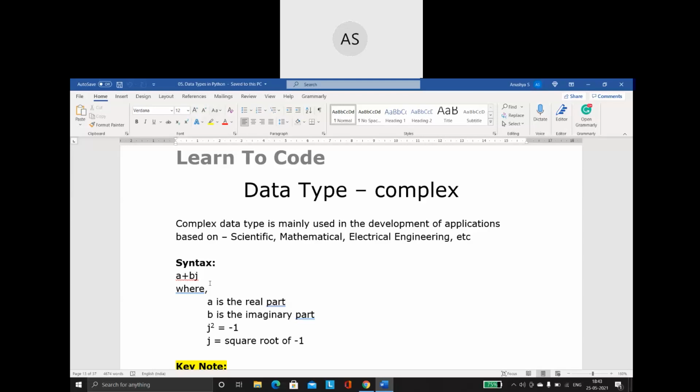We use it when we are performing scientific applications, mathematical applications, or when we are using some advanced Python modules. But in our normal regular programs, the complex data type is not used much.